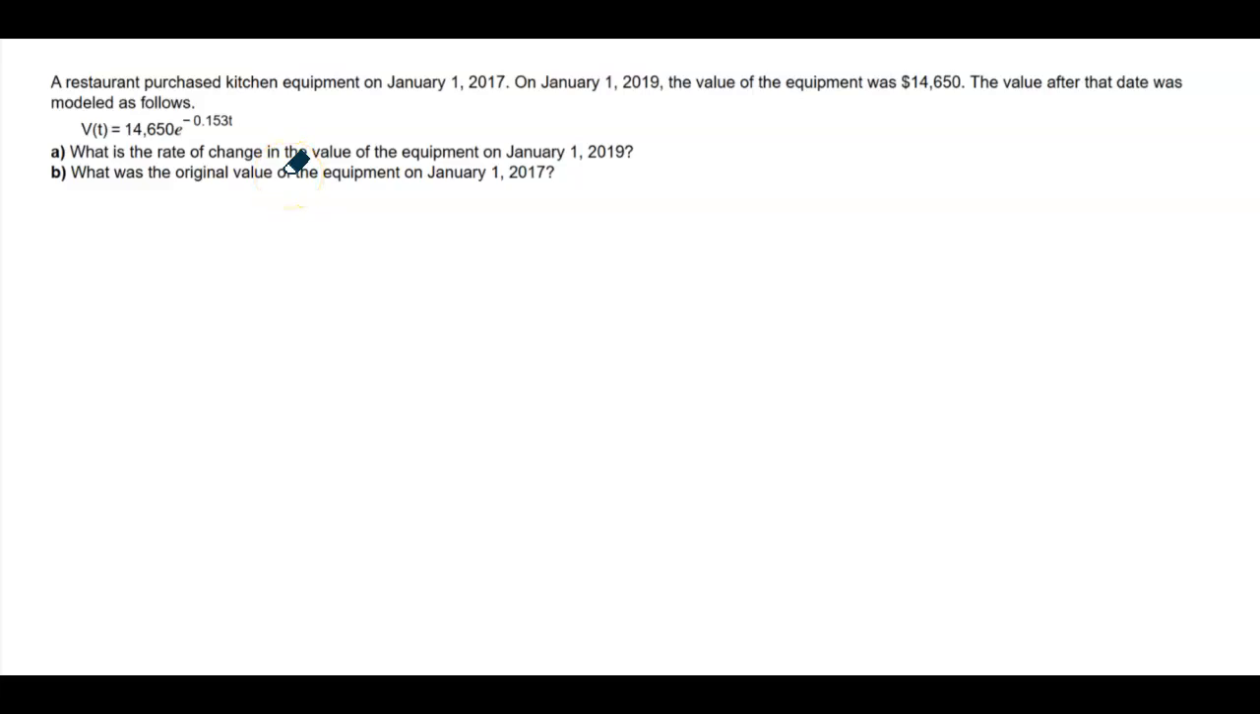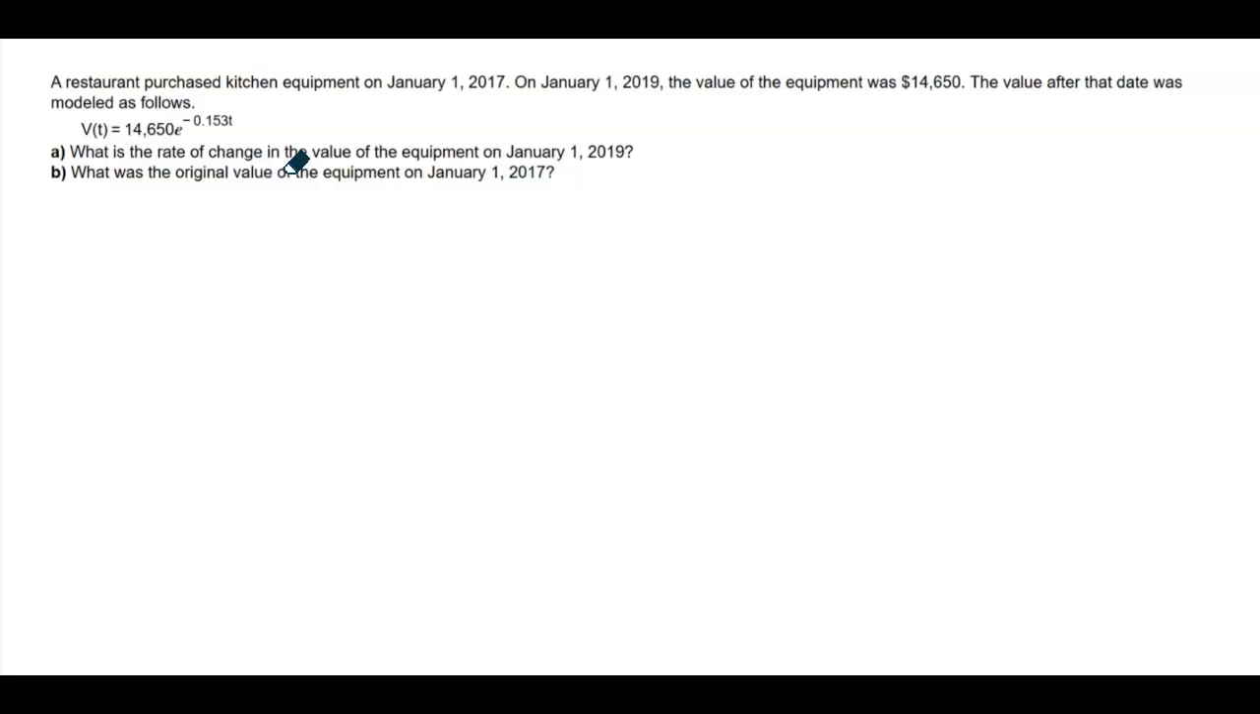This is an application problem from chapter 2.2. We have a restaurant that purchased some kitchen equipment in January of 2017, and then 2 years later we have a book value for that kitchen equipment at $14,650. The function given is modeling the value of that kitchen equipment as a function of time, and perhaps it's